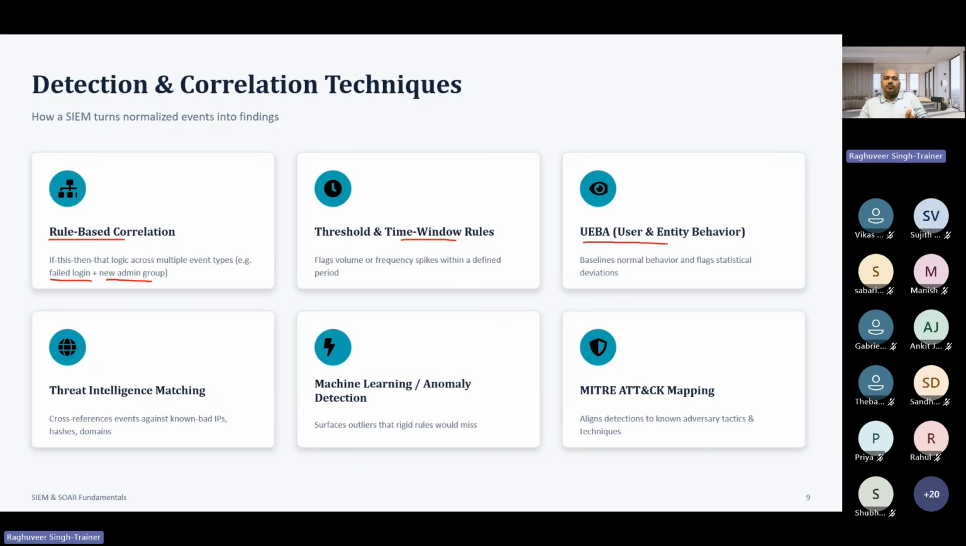If there is any deviation from it, it will be quick to pick up that behavior and generate it. That's what it basically does here. Then comes threat intelligence matching. So it does threat intelligence matching also from time to time, which is cross-reference events, bad IP addresses, hashes, and